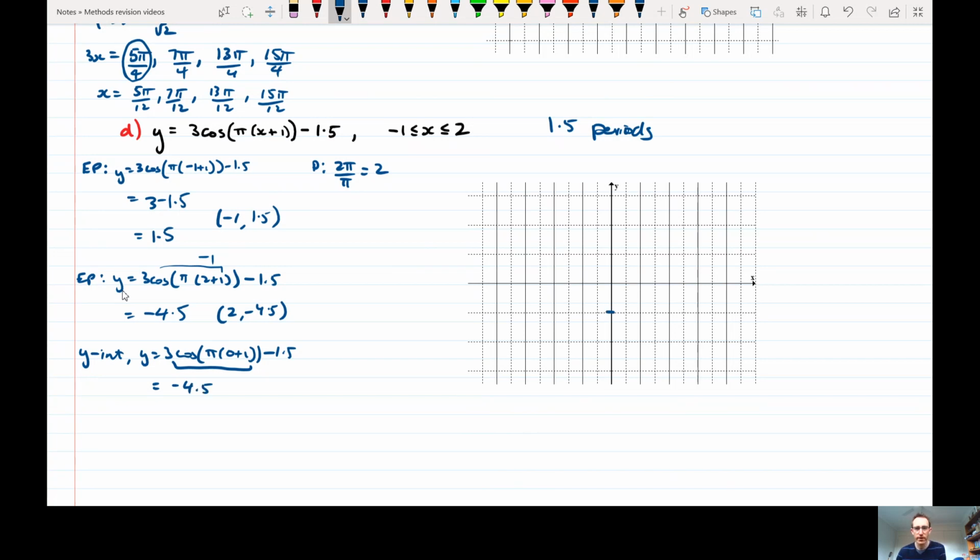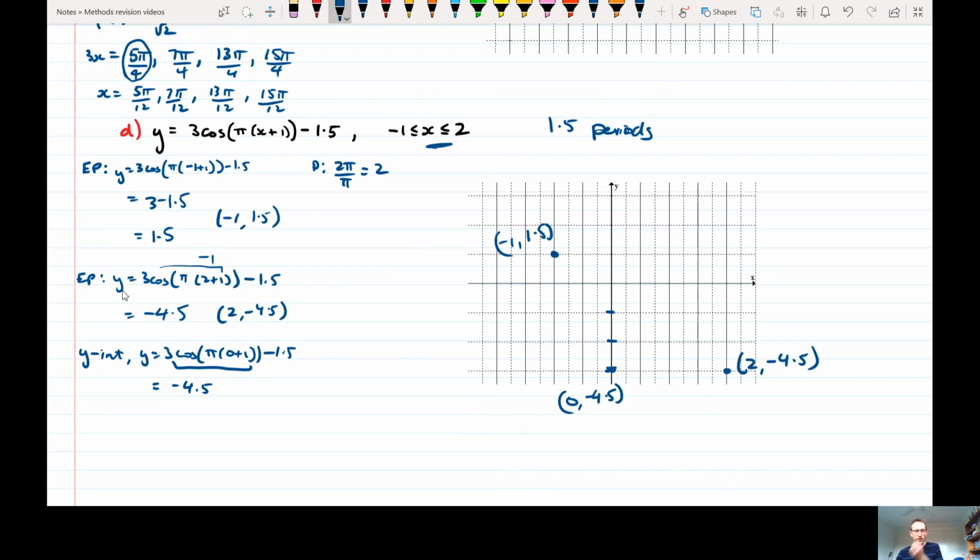All right, so I'm going to call each one of these 1.5s. So I'm going to go and have a full cycle between there and there. That's what I'm told by this thing here. I'm going to end up down there. I'm going to finish at (2, -4.5). I need to come back and go through (0, -4.5). And then I'm going to finish at another half a period. So every period is 4 of these blocks, 1, 2, 3, 4. So half a period is there. So I'm going to go up to 1.5. I'm going to stop there,